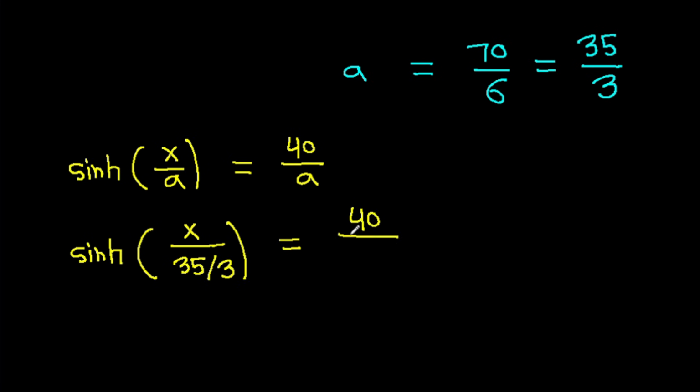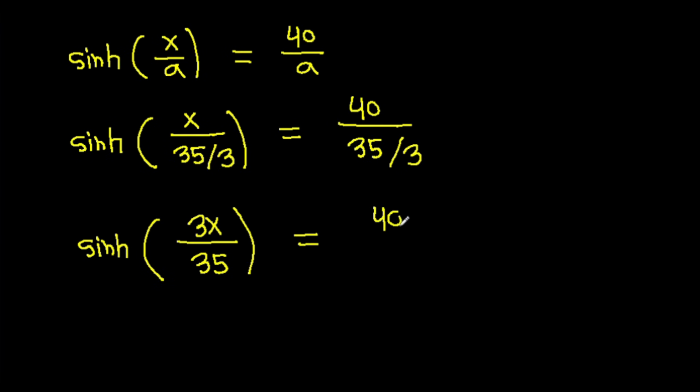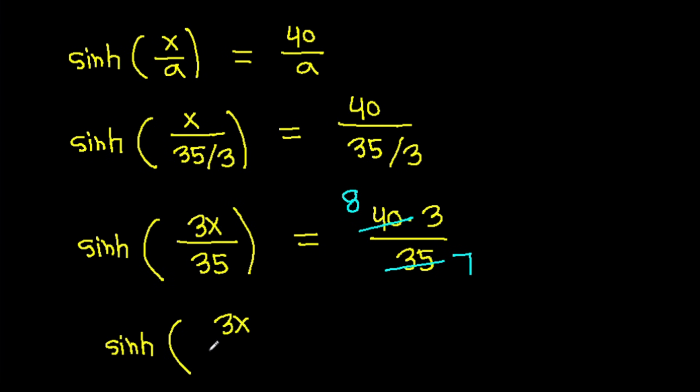So 40 over a is 40 times 3 over 35, and 5 times 7 is 35, 5 times 8 is 40. So sinh of 3x over 35 is 24 over 7,